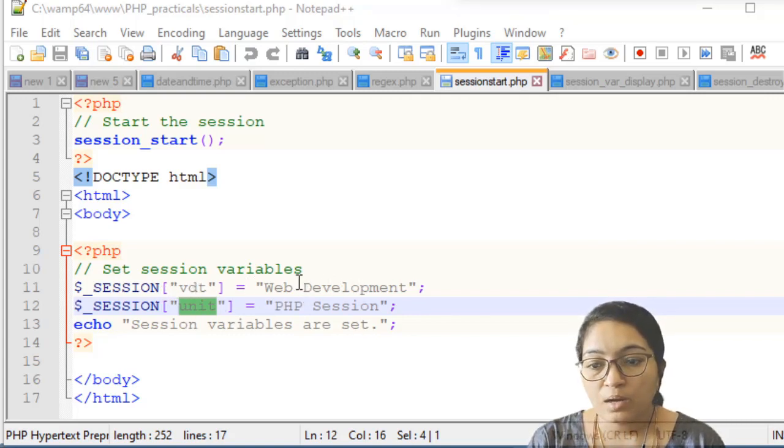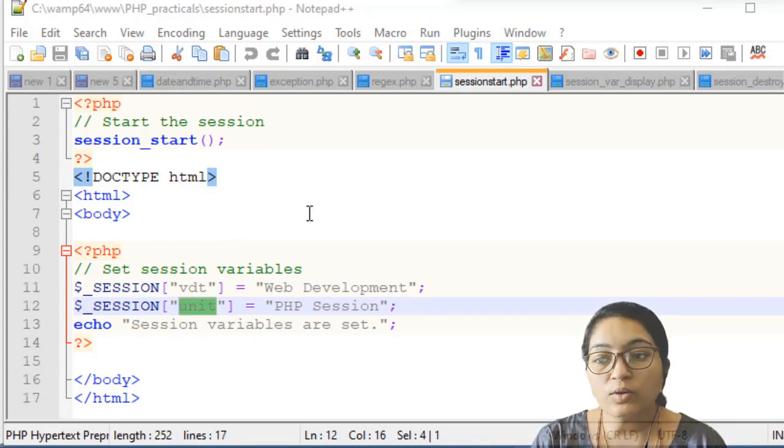Here I have defined the name of the video tutorial. VDT is the short form of video tutorial, and here I have written web development. And I have created the unit variable, that is PHP session. Whenever you execute this practical, it will display that the session variables are set.